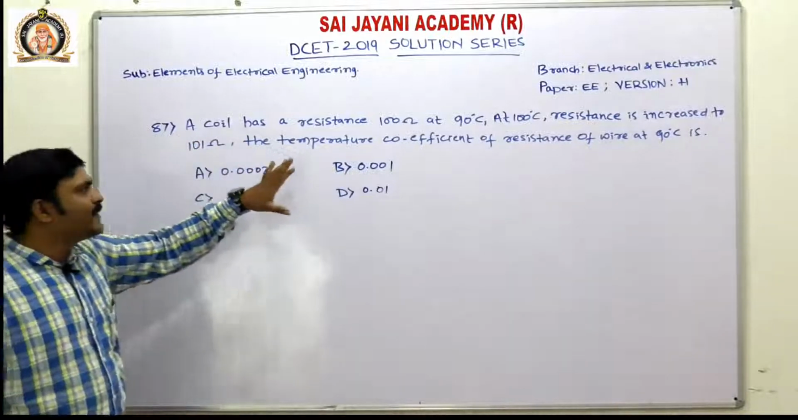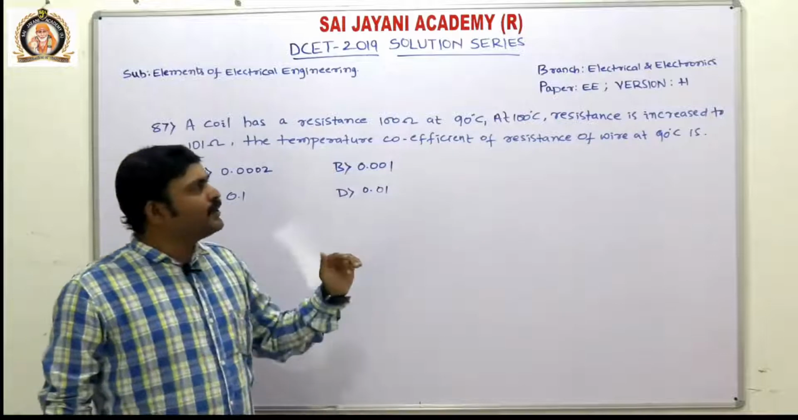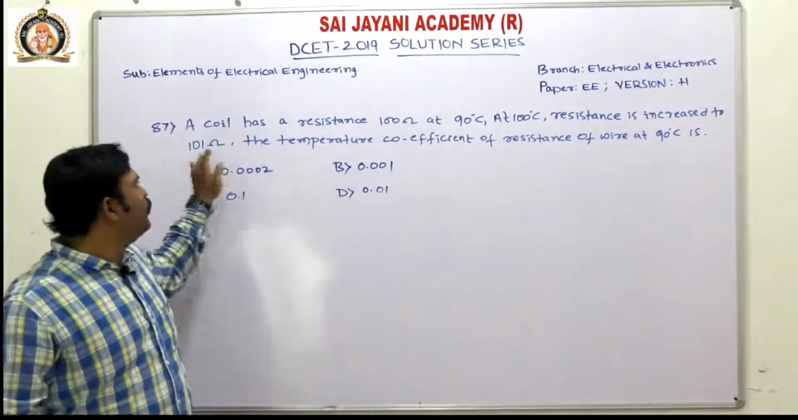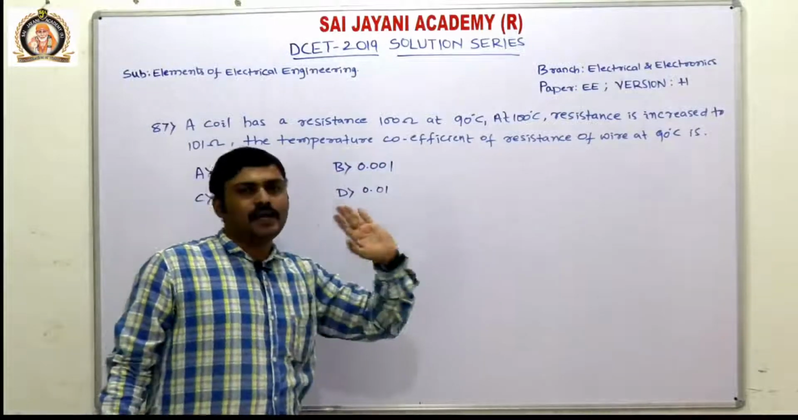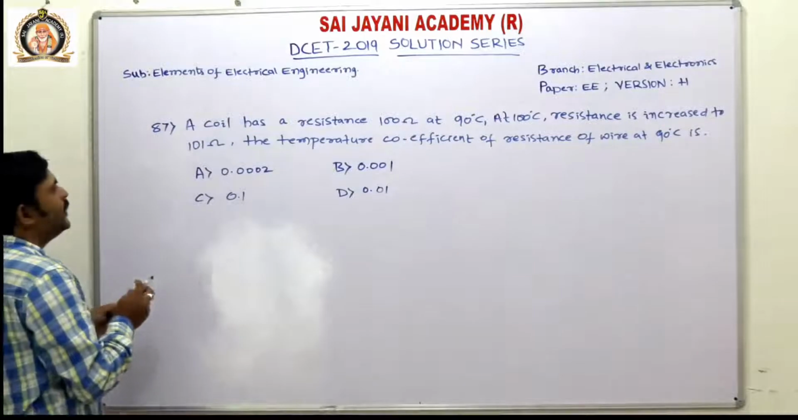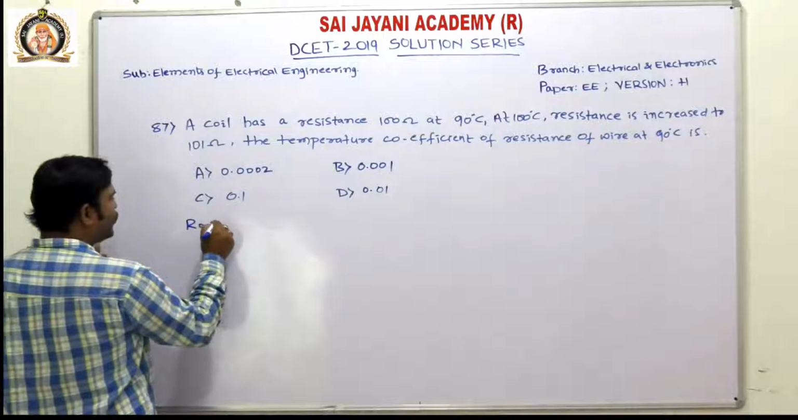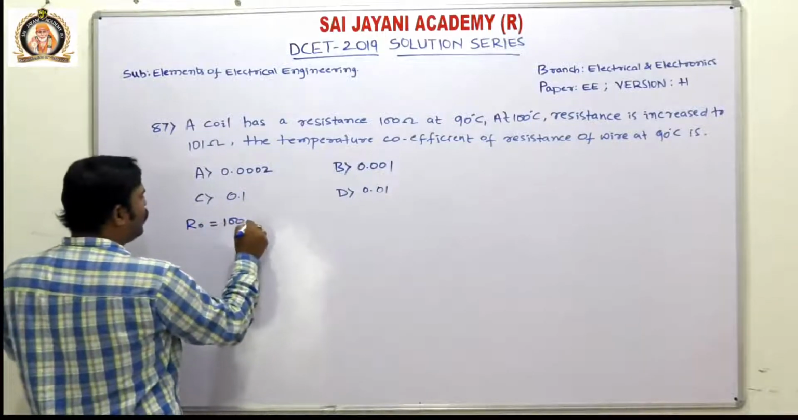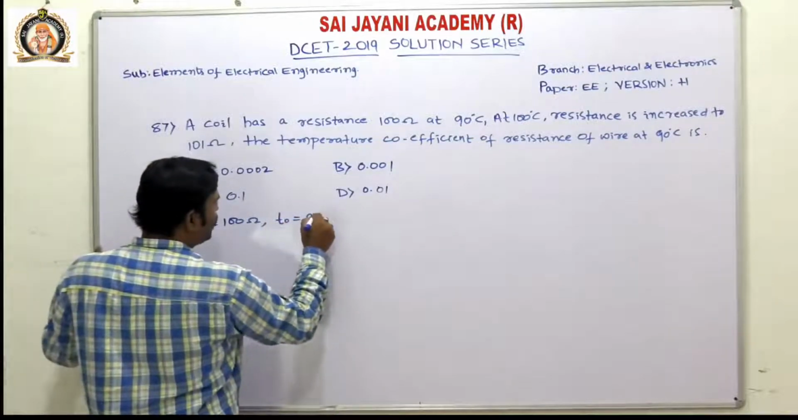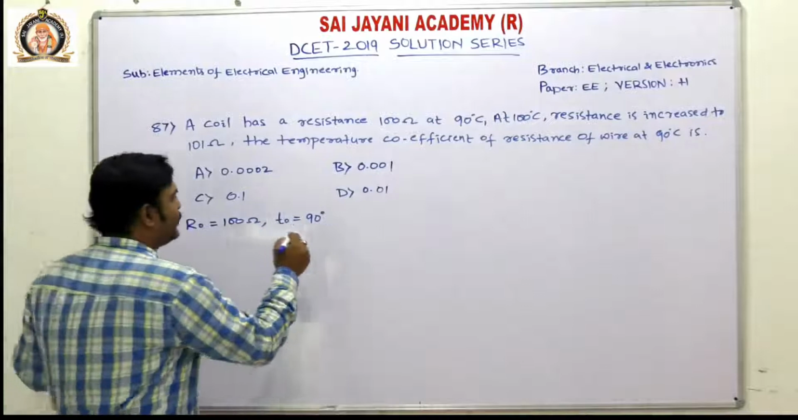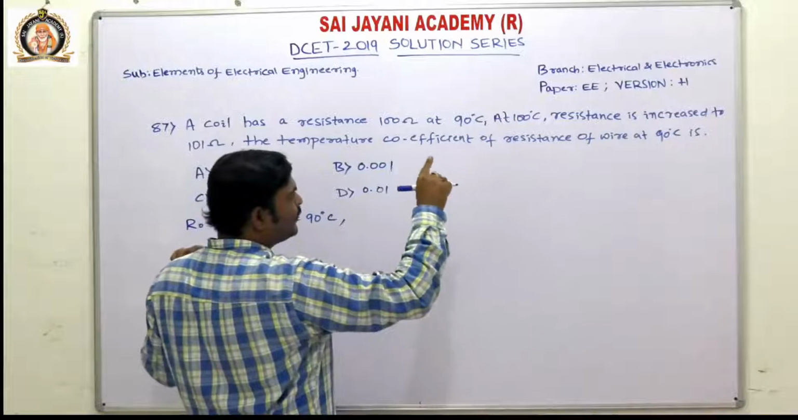A coil has a resistance of 100 ohm at 90 degrees Celsius. At 100 degrees Celsius resistance is increased to 101 ohm. The temperature coefficient of resistance of wire at 90 degrees Celsius. What and all has he given? He has given the initial resistance, reference resistance R0 equals 100 ohm, and initial temperature T0 equals 90 degrees Celsius, and resistance at 100 degrees Celsius is increased to